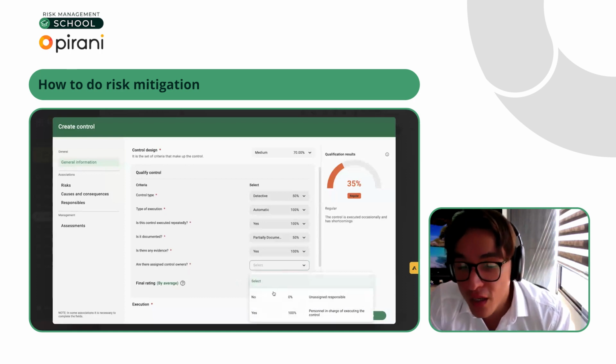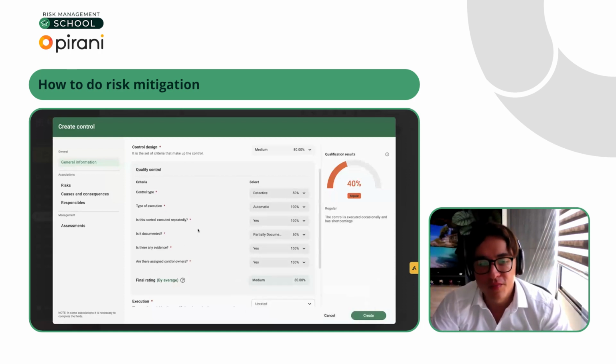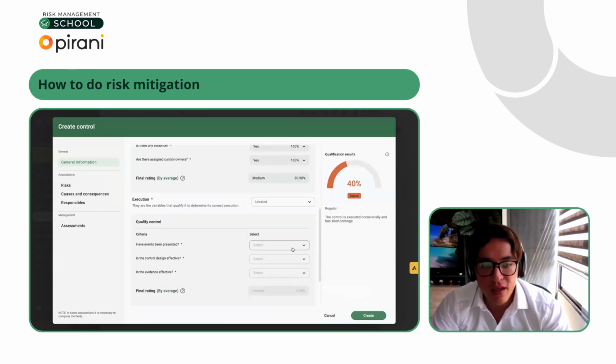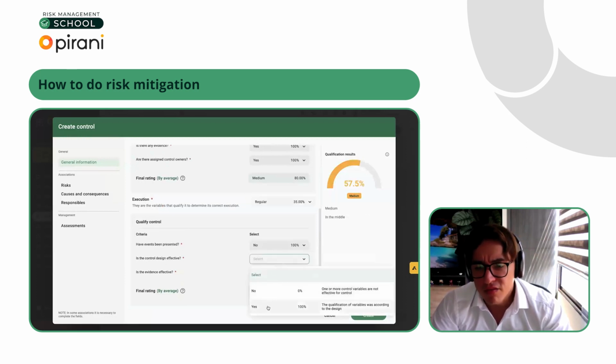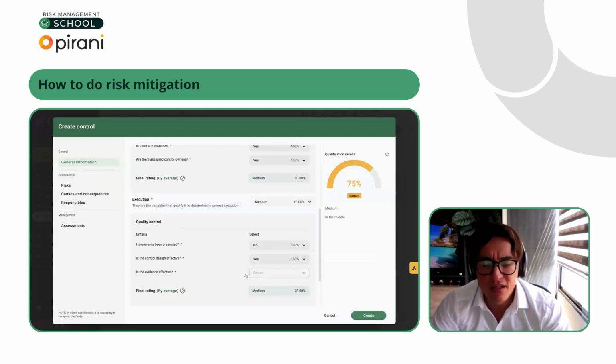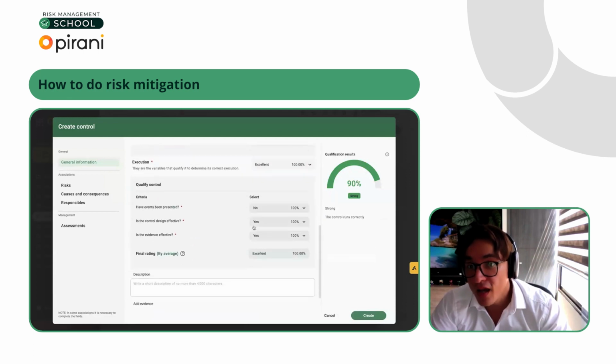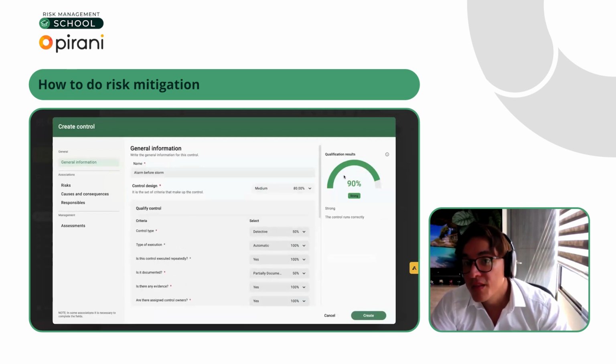These are the people responsible in the company for this specific control. Okay, yes. And in execution, have events been presented? Not yet. Is the control design effective? Maybe yes. Is the evidence effective? Yes.